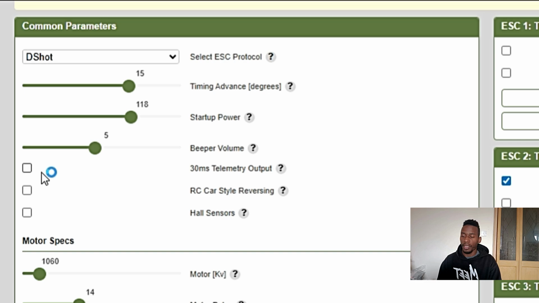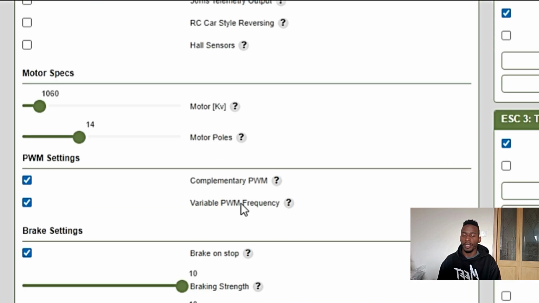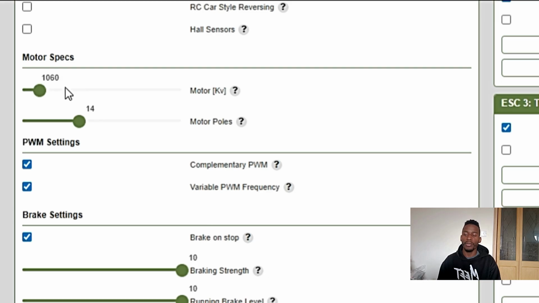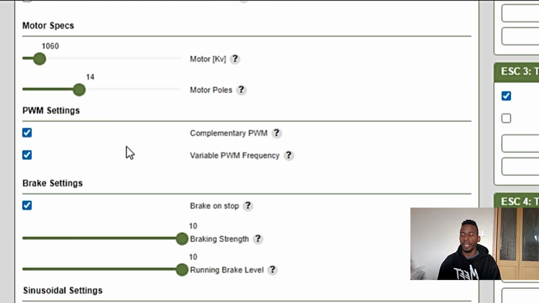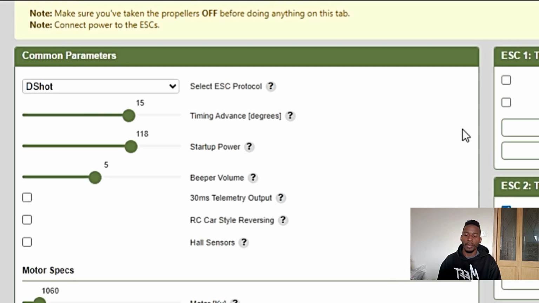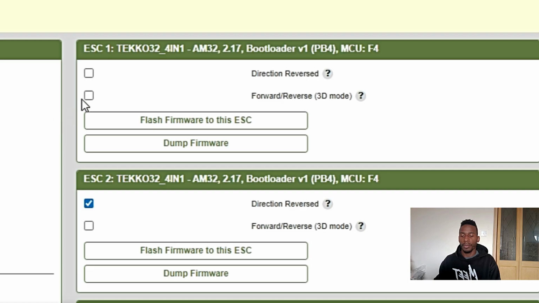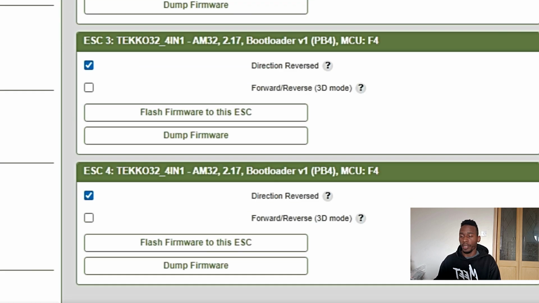There are different things right here, but this is not a tutorial for the ESC configurator. I can just tell you that you can edit your motor specs the same way in Inav or Betaflight. Simply, if you want motor number 1 to be reversed, you can click on that checkbox for directional reverse. Then you can click on write settings. Now since all my motors are spinning the correct direction,